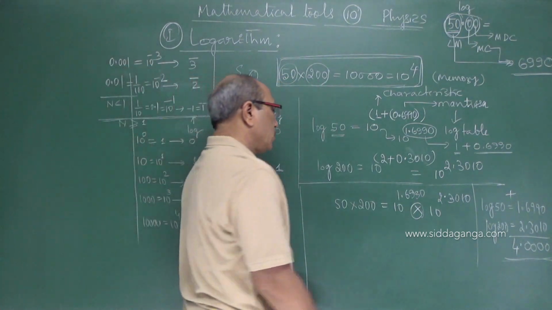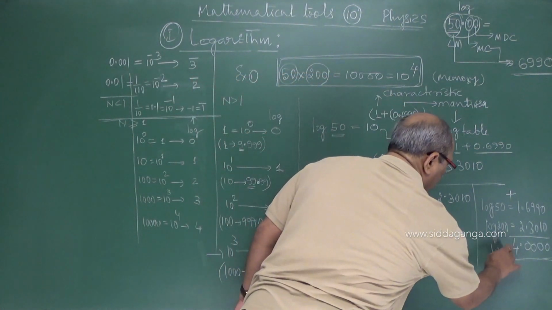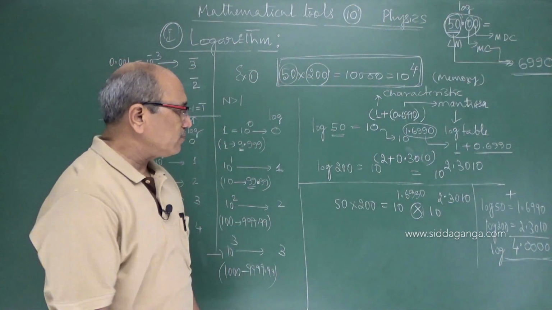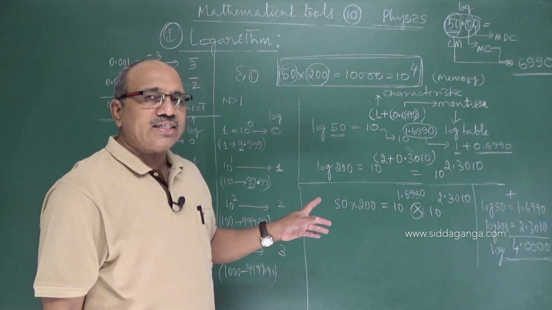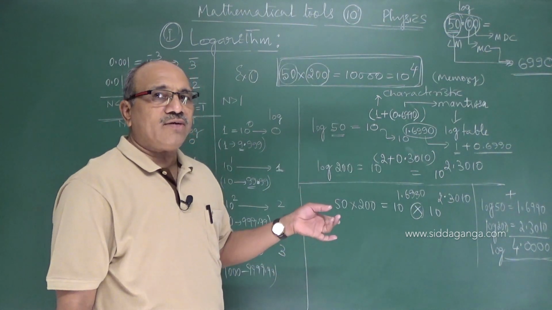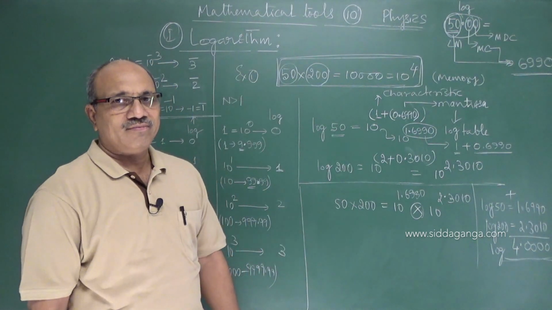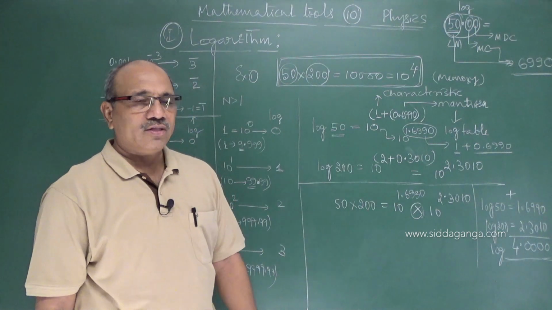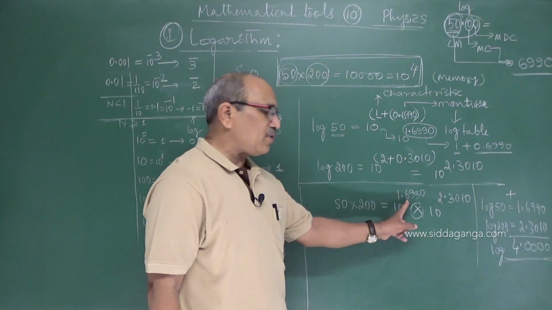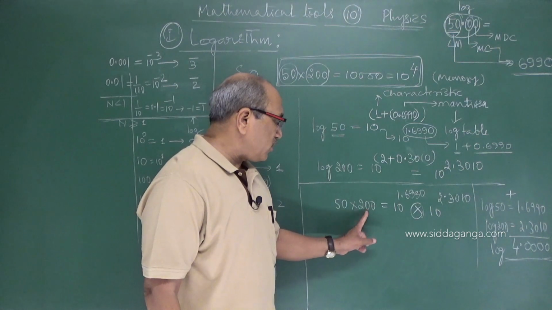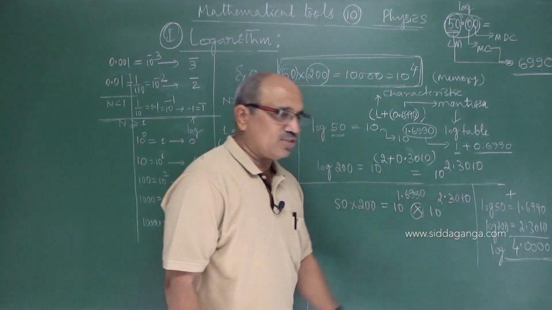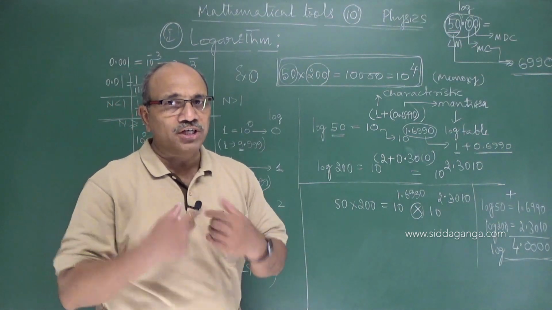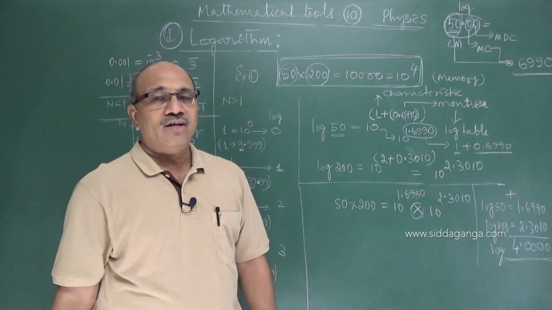Yes? Now this is a log. I am using a new word. Logarithm is nothing but coding the given number in powers of 10. It is not naturally 4; it is a log 4. That means we coded 50 as 1.6990 and we coded 200 as 2.3010. We added, and we got the coded value. We have to decode to get the original value.